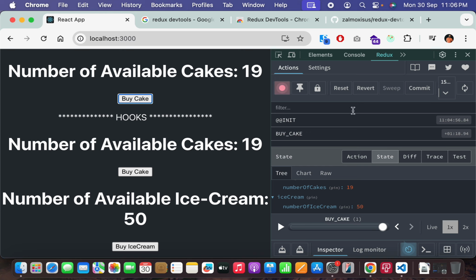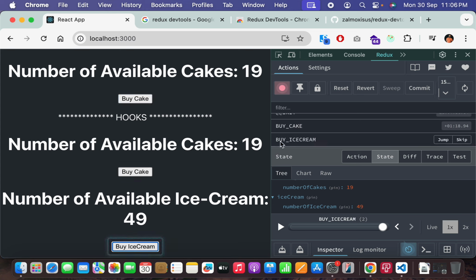But here there is another tab upside. You guys can see initially there is init that shows the initial state, or initially what things appear. Secondly, we dispatched a method that is buy cake. Let's buy an ice cream. So you can see now I had passed a method that is buy ice cream. You guys can see here, if I will make it more bolder,